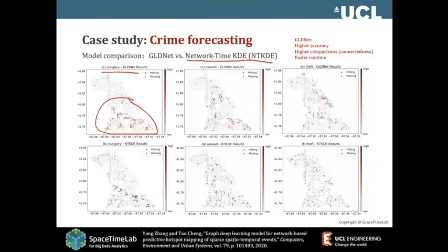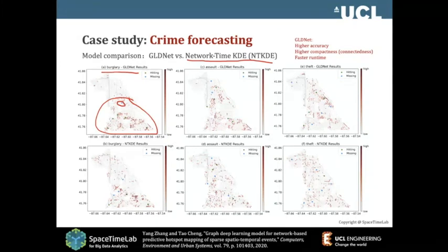So the blue line is the one. Basically, how do we show them? This little red line shows the hotspot. These are the top 10 segments or roads with the highest chance that a crime might happen. So if the crime does happen on those lines, that means we catch it. That means they're hit. If you look at this, 5 out of 6 we capture on this hotspot, but 1 of them is missing.